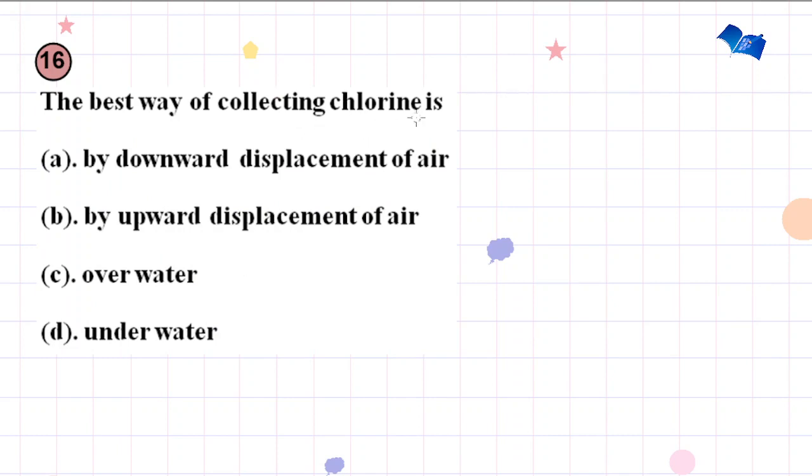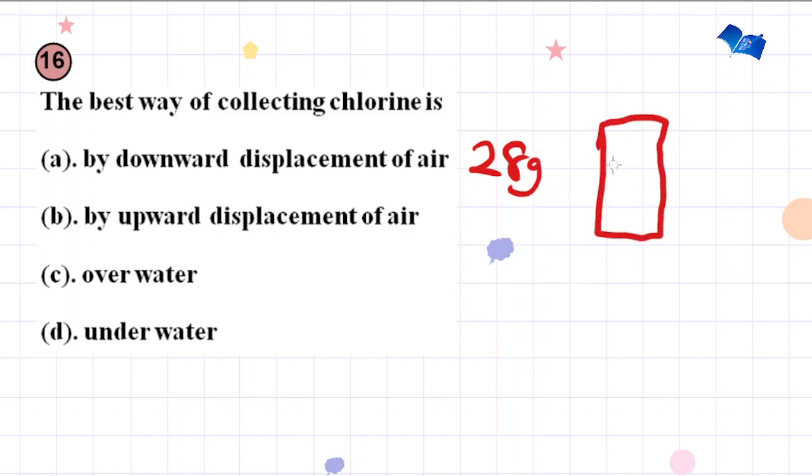Question 16. The best way of collecting the chlorine is? Now we are looking at the chlorine gas here. For you to know the best way to collect a gas after preparation, considering displacement of air, you need to use 28 grams as the reference mass of air. Now let's look at this reference mass. For instance, you want to separate a gas S which has its mass higher than this 28 grams. What will happen is that